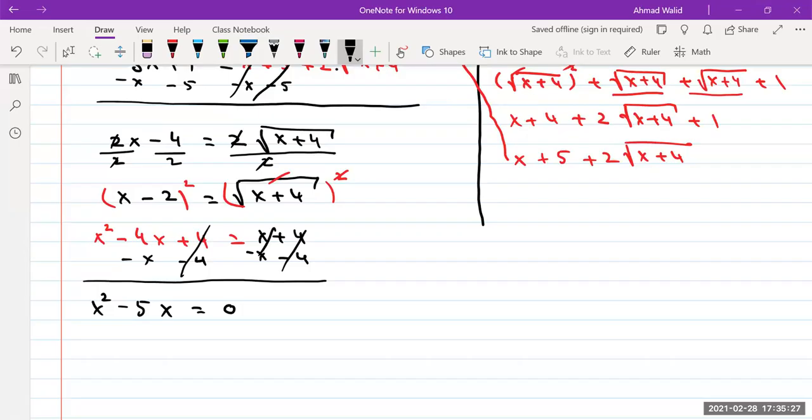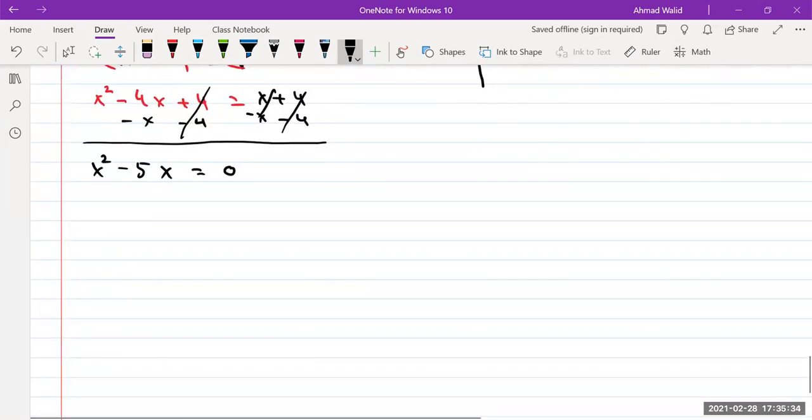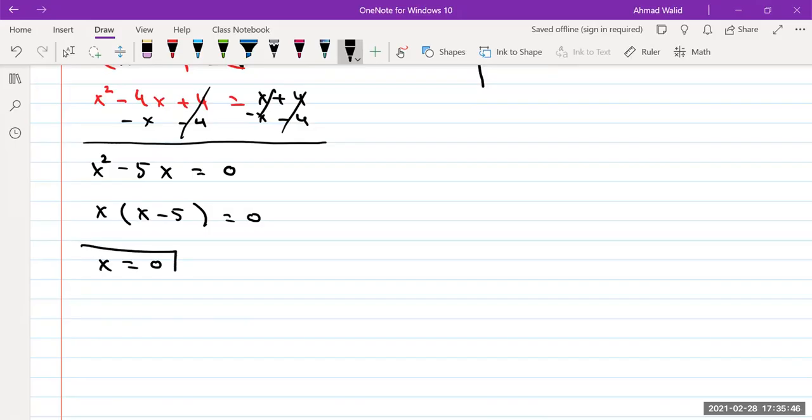Now, how to solve this one? You can use the GCF and factor x here: x times (x minus 5) equals 0. From here, x equals 0 is one of the solutions, and x minus 5 equals 0, which is x equals 5, another solution. Last step, you have to